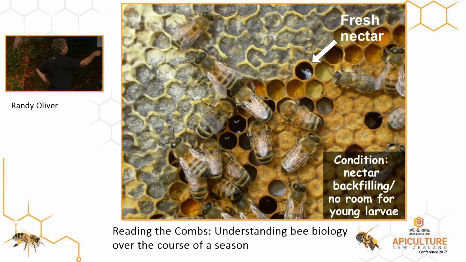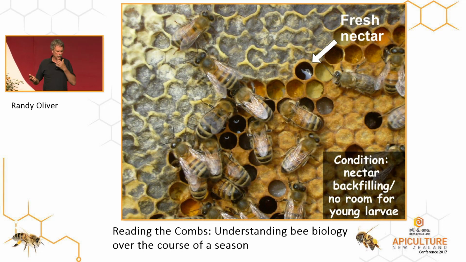And then a nectar flow comes in, this is fresher honey right here, and they start backfilling with fresh nectar. As these cells of pollen get eaten by the nurse bees, they get filled back in with nectar, and then as this brood emerges, the pollen gets put here, and the brood nest gets pushed down, and the bees start building more comb beneath. But if they've filled the tree cavity and there's no place to go, all of a sudden there's no place for the queen to lay any more eggs because they're completely filled up.